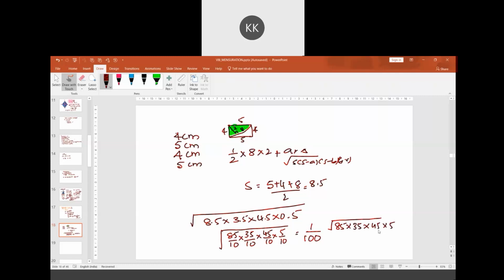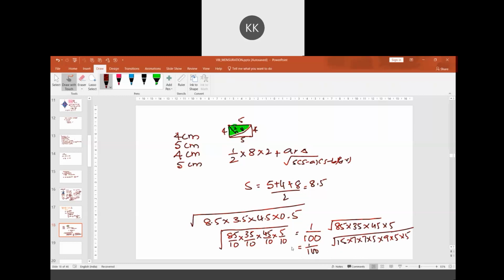This has to be simplified. We can simplify this. This 10 can be written as 9 times of 5. This can be written as 7 times of 5. And this one is 15 times of 7, isn't it? What I mean to say is, this is 15 times of 7 multiplied to 7 times of 5 multiplied to 9 times of 5 multiplied to 5. Correct? Yes.